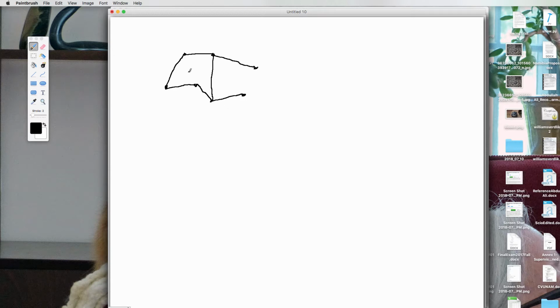Okay, and the thing that I want you to note about this graph here is I can start at this point here, and I can travel up this way, and then I can travel this way, and then I can travel this way, and this way, and this way, and I end up right back where I started. Okay, this is what's known as a cycle. Okay, and a cycle is a finite path